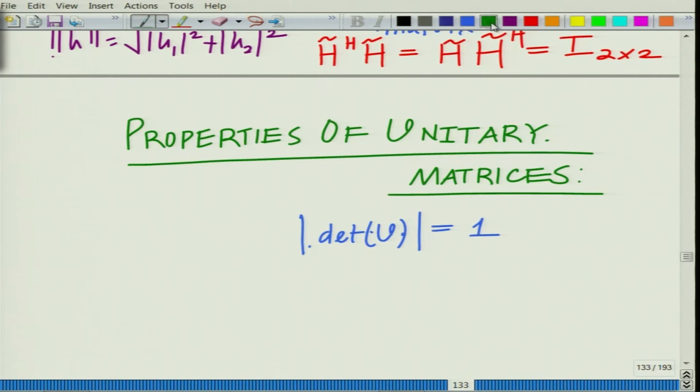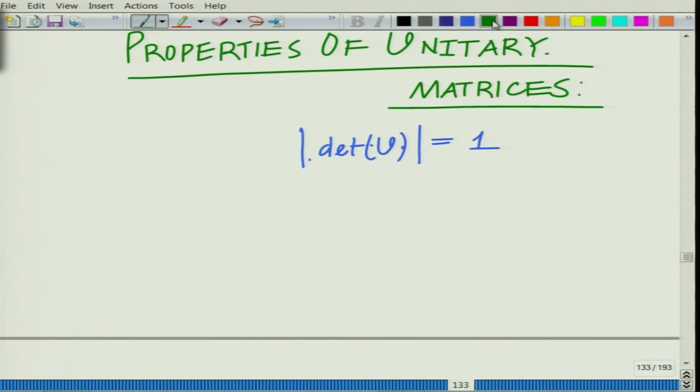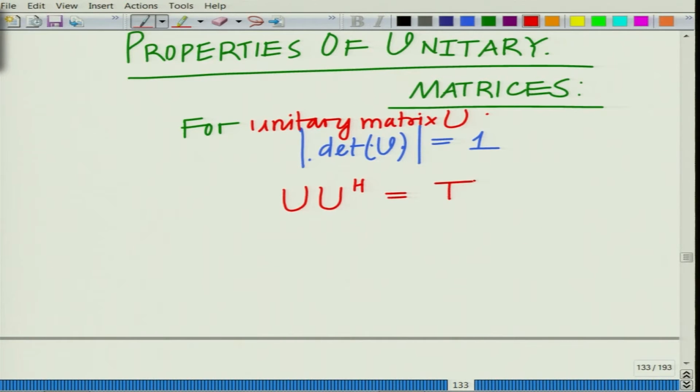This is not very difficult to show, because remember, for a unitary matrix we have the property U U Hermitian equals identity. This implies that determinant of U U Hermitian